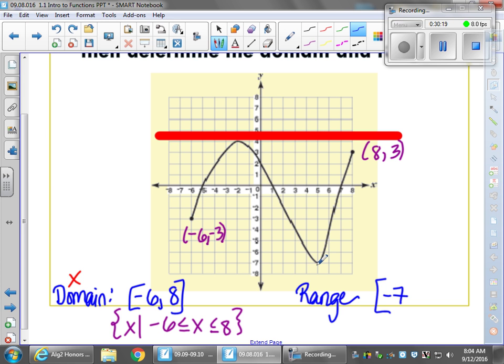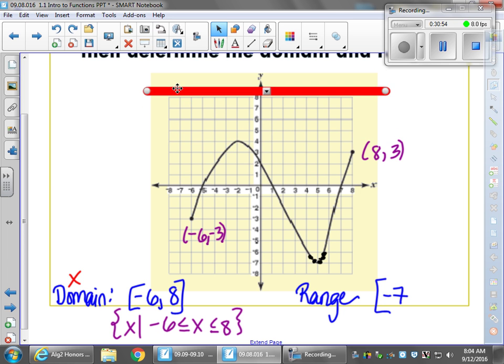Bracket. Even though I don't see a solid dot, remember that a continuous line is made up of points graphed so close together, you can't see the space in between. So technically, I have a point right here, and I have a point right here, and I have a point right here, so close together. So that's solid. Okay, let's go back to talking about this top value. Guess what value people tell me all the time by accident? 3, because they see this point right here. But my graph goes higher than that, which means there is a higher y value. Hence the importance of, if it helps you to visualize,